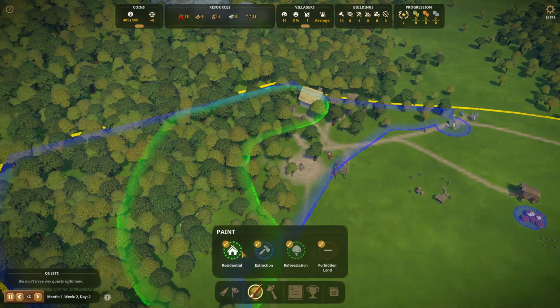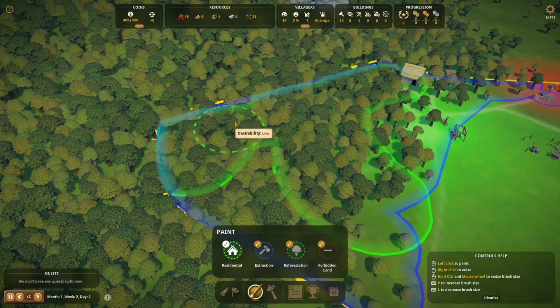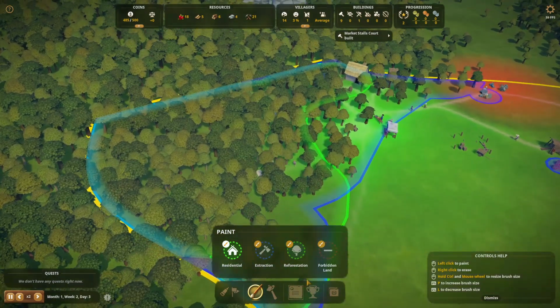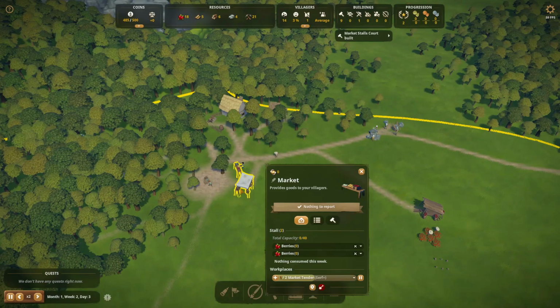Then I guess... Yeah, desirability here is low, but this can all be residential. I don't really mind if this is all residential. But I think we have to start worrying about a church and things like that. So,